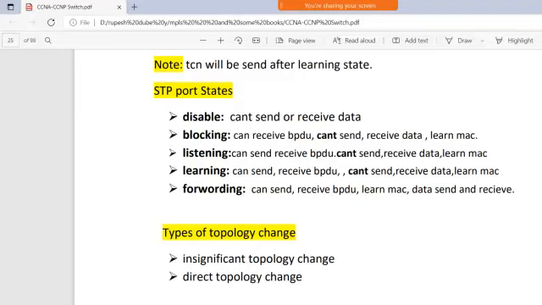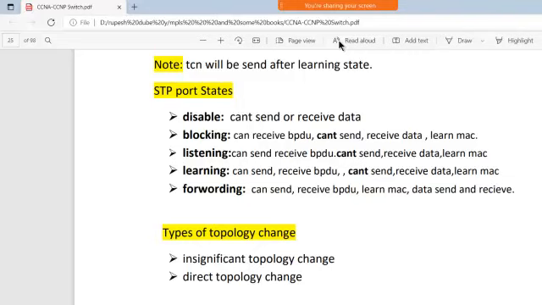Now, the learning state means it can send data, and inside learning it can receive data, send data, and the MAC learning process also happens, right? Forwarding means it can send data, receive data, and receive BPDU messages, so everything happens in the forwarding state.